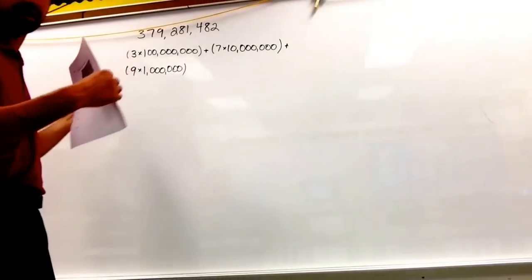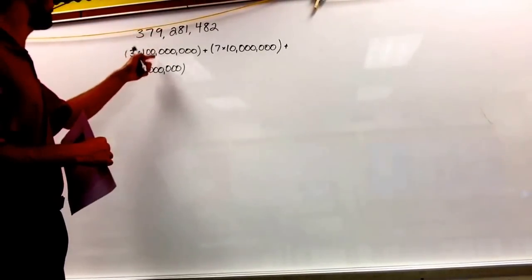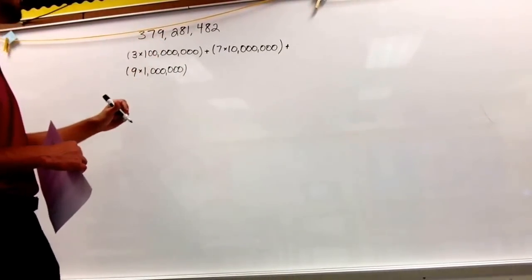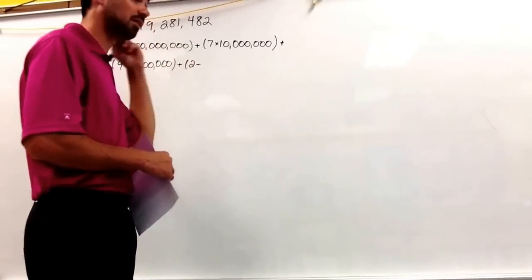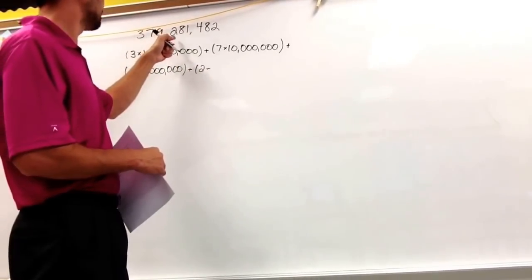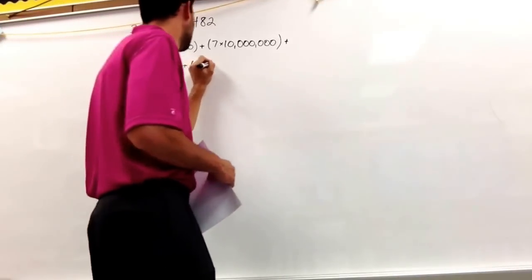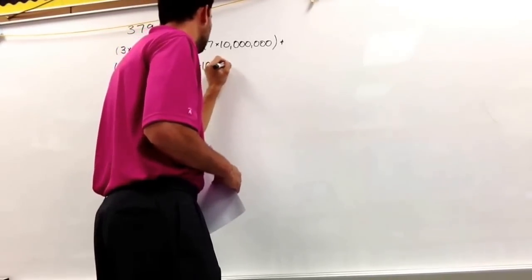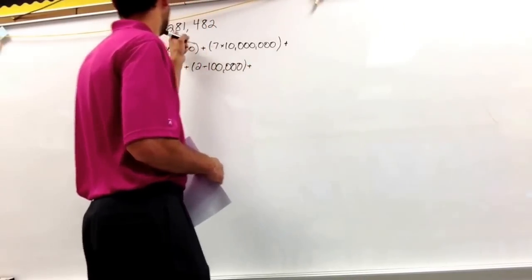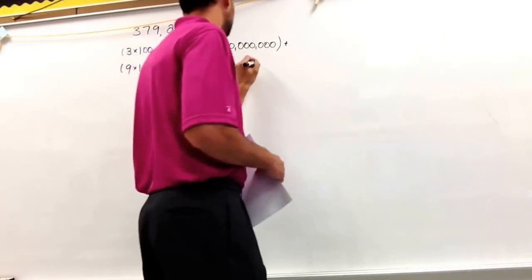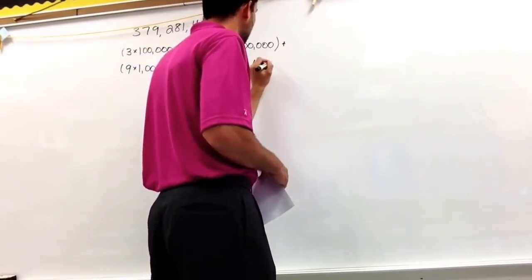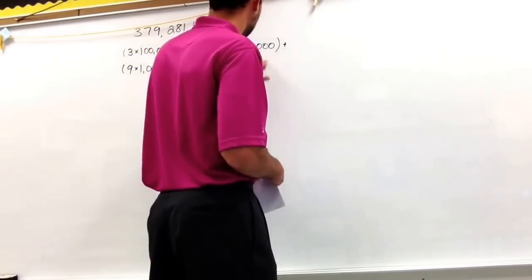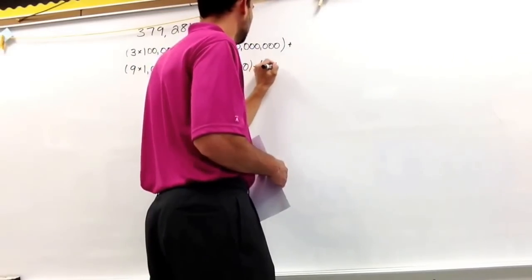I'm expanding the number to show the place value of each of the digits. That 2 is not really a 2. That's just how I think. That 2 is not really a 2. That's in the 10,000s place. That 8 is not really an 8. That 8 is in the 100,000s. This is the 10,000. And make sure you don't put a plus sign like I just did. So times